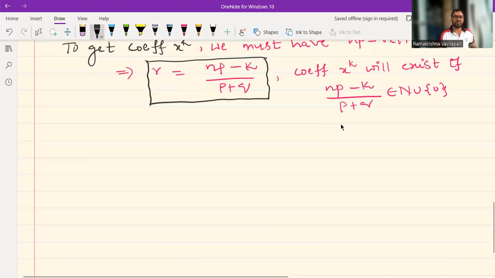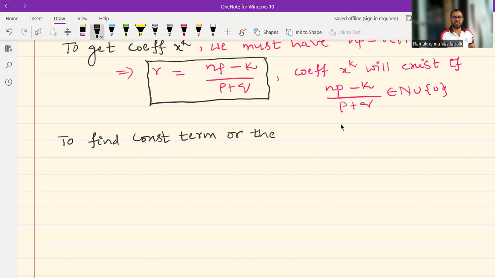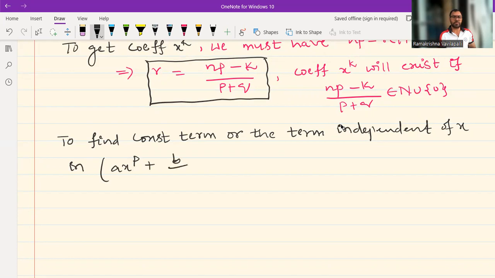So to find the constant term, or the term independent of x, in that expansion (a x power p plus b by x power q) whole power n,